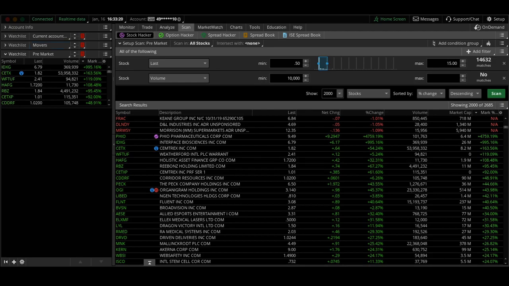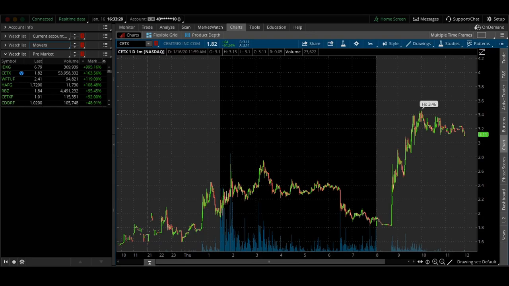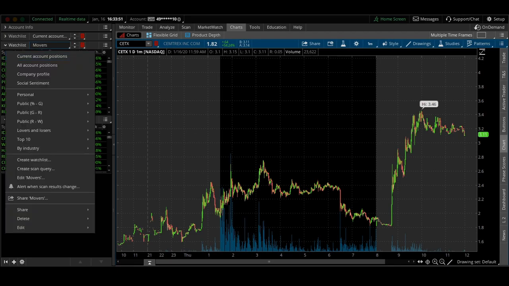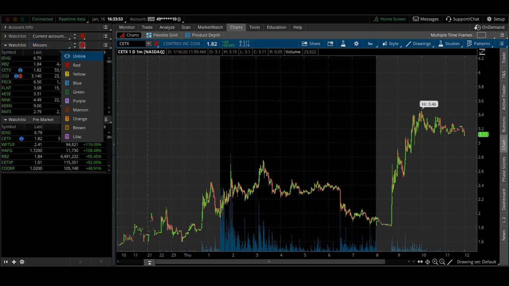Alright, so once you have your watch list saved to automatically update with your scanners, then you can go back to your charts. And another little tip is that on whatever chart you use, you can go to this little drop down that's by the ticker symbol here, and you can actually link it to your watch list. So this is what I've done with all my watch lists. Right here by these arrows here, you can choose a color, and basically any color combination that you choose will link it